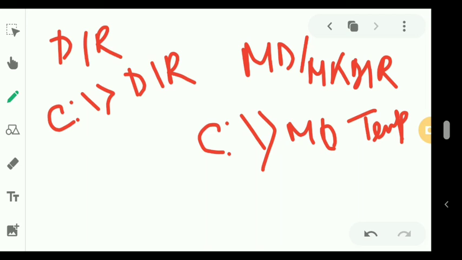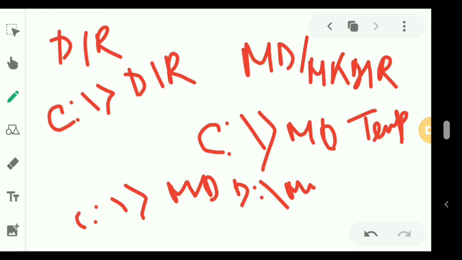Or if you want to specify where to place it, then you have to write down the path. Suppose C colon slash, then you write md, and say you want to create it in the D drive, under my document, under Word. The above command will make a directory called Word under the my document directory under the D drive. Okay, so in this way you can write